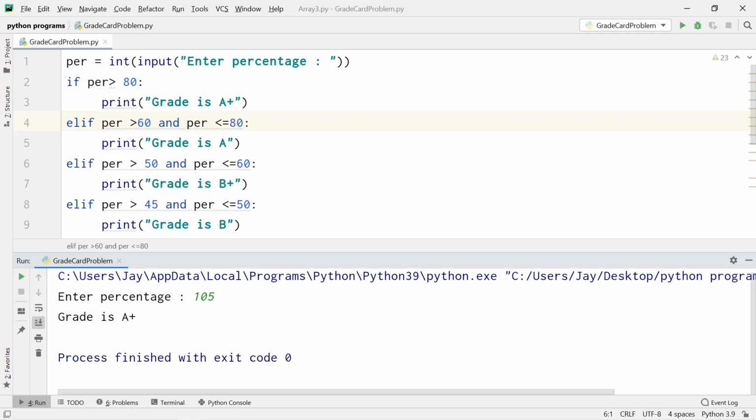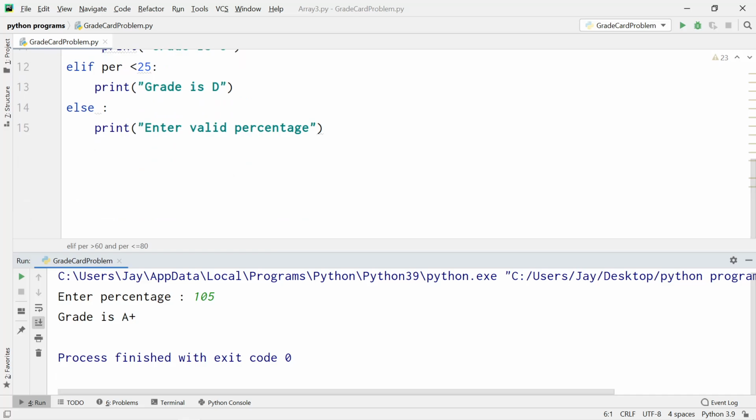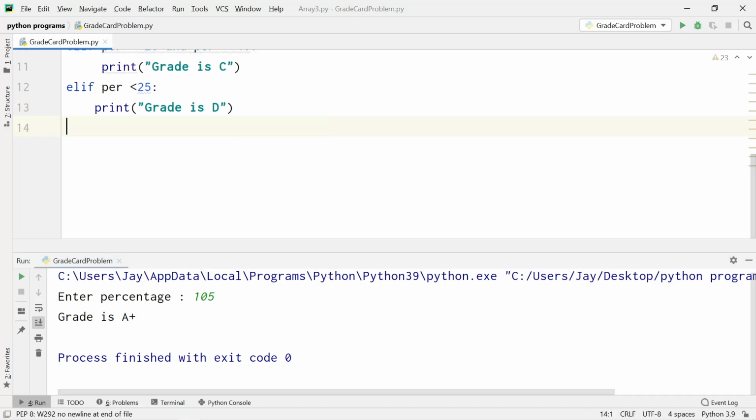Okay, now this program is not optimized for percentages greater than 100. It is not well optimized code, so we will change the code. We will write an elif statement only.